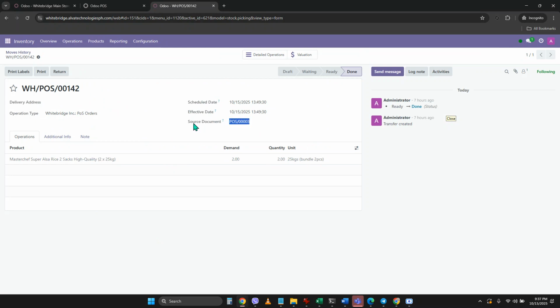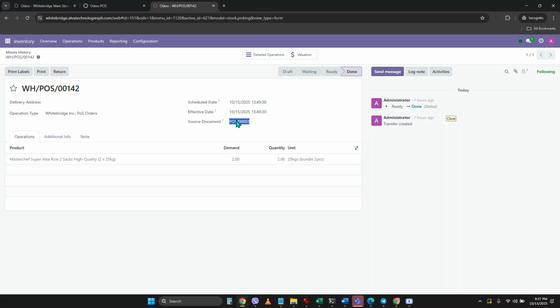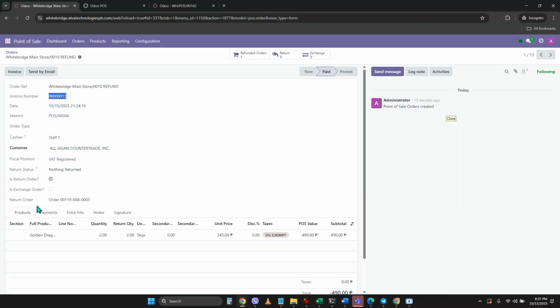So for this one, the source document must be the sales invoice number here, and also referring to the point of sale shop. Point of sale shop plus the invoice number. This must be the source document here, and also for the return order,